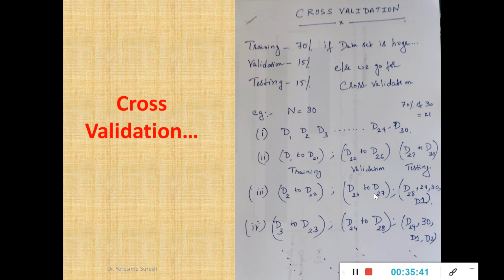And if I employ this method, the cross validation, I'm crossing instances from one iteration to the other, hence I give the name cross validation. If I cross validate my data sets, now what will happen? Every instance starting from D1 to D30 will be used for training, it will be used for validation, it will be used for testing. Such process of splitting the data set for using it in all the 3 purposes of training, validation and testing is called cross validation.